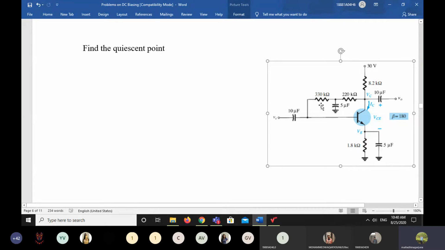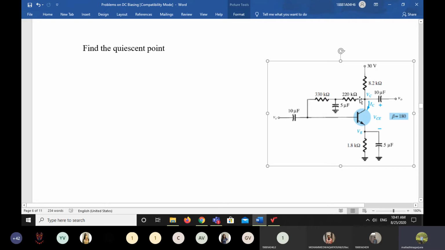Coming here, the base to collector resistance, in between these two resistors, one capacitor is connected. If this capacitor is open circuit, then both resistors will be in series. Why? Because there is no component between the two resistors here. Though a capacitor is connected between the resistors, due to DC biasing the capacitor acts as open circuit. So there is no element between the two resistors, and the two resistors will be in series.